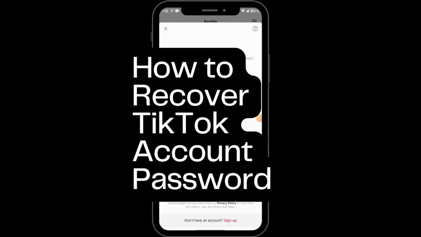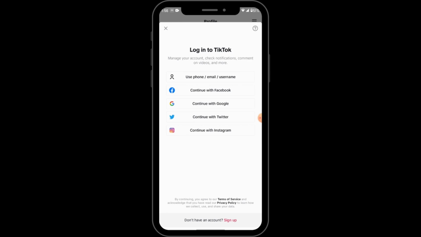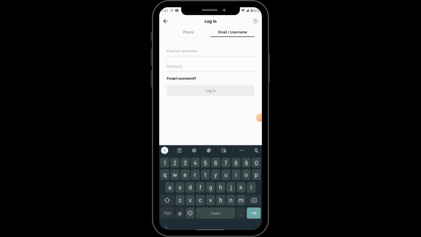How to recover TikTok account password. So if you want to recover your password, then first of all open up your TikTok. After opening your login page, enter your email or username, and now if you forgot your password, then tap on